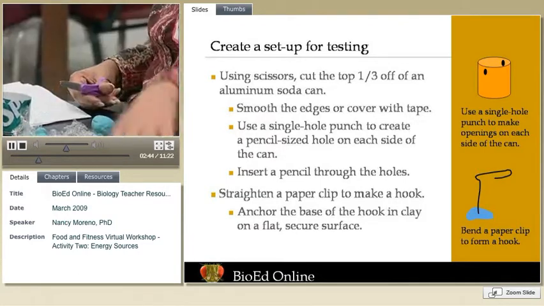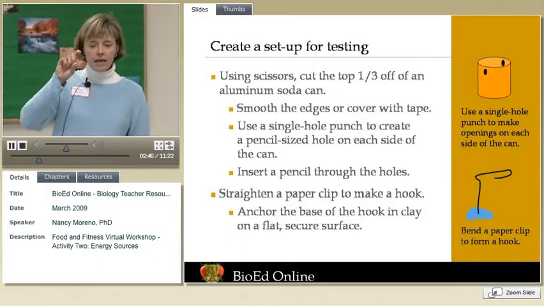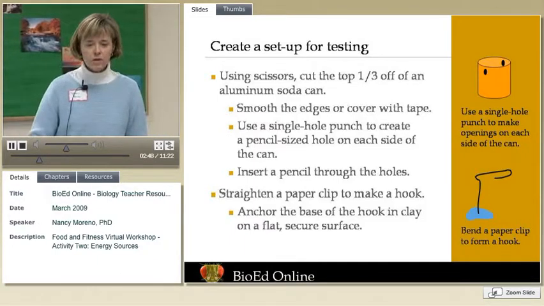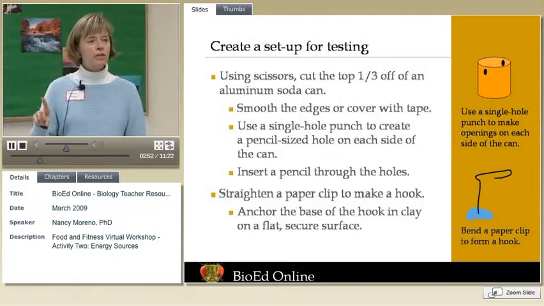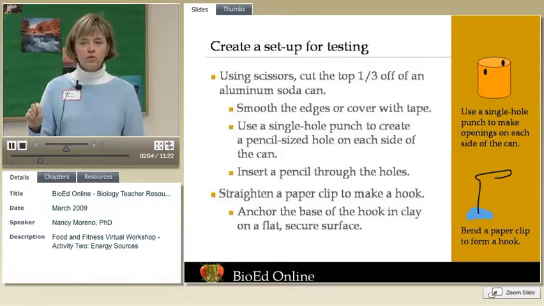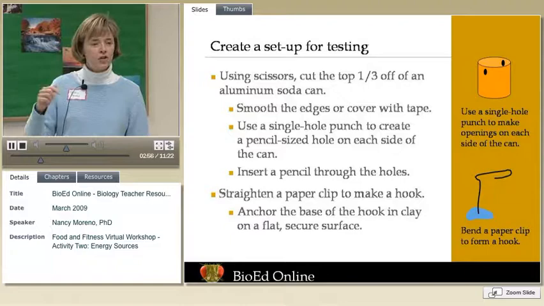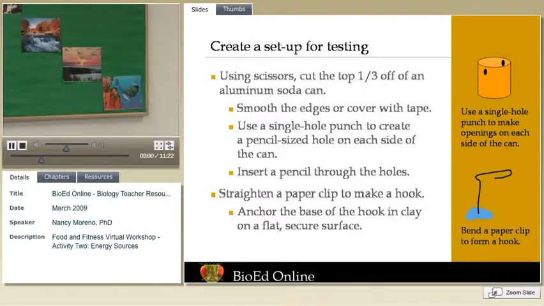You're going to take a paper clip and bend it into a little hook that you're going to be able to use to hang either a piece of oat cereal or a piece of pecan. And you're going to anchor that on the desk with a piece of clay. Then, once you've got that completed,